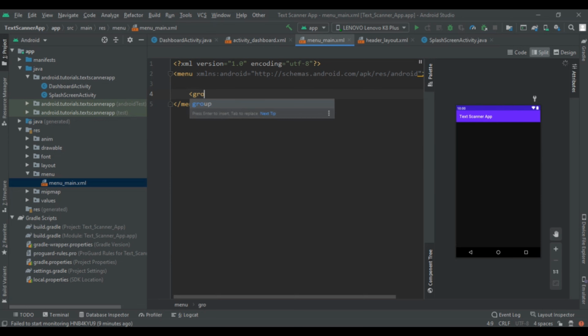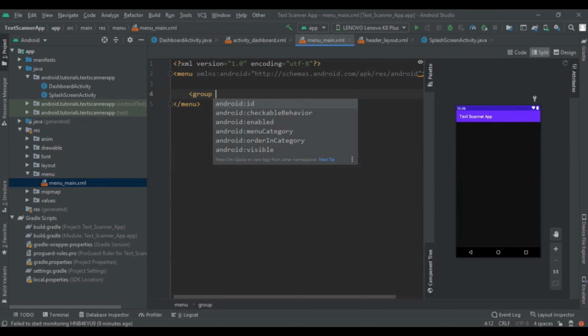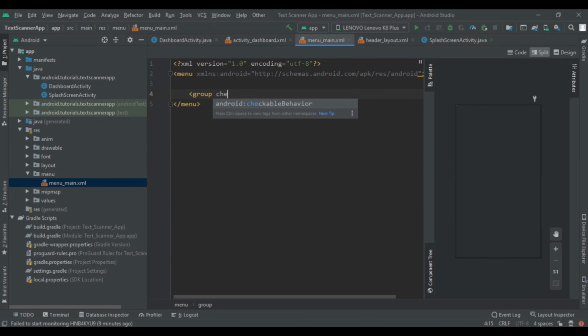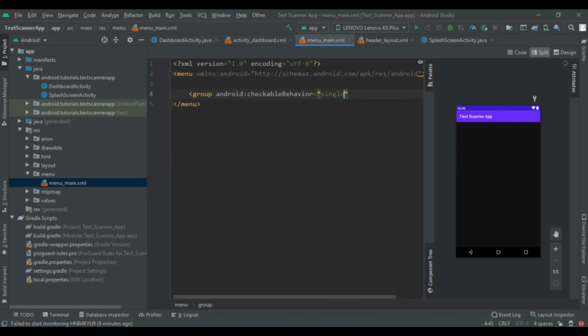So here group, and add one attribute, that is check behavior to be single. So we are going to use single checkable behavior. Then add text item to it.